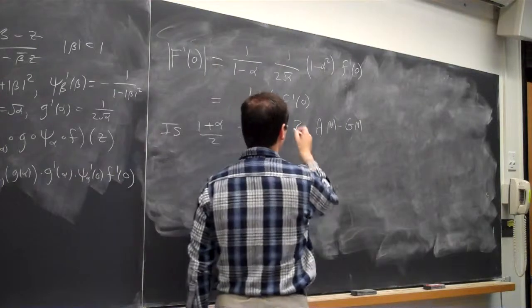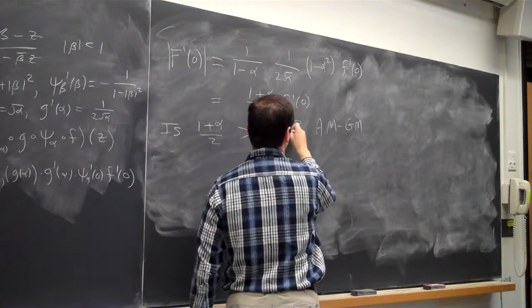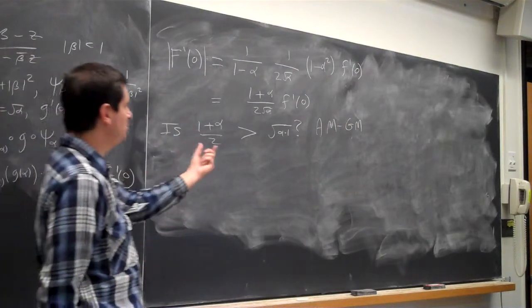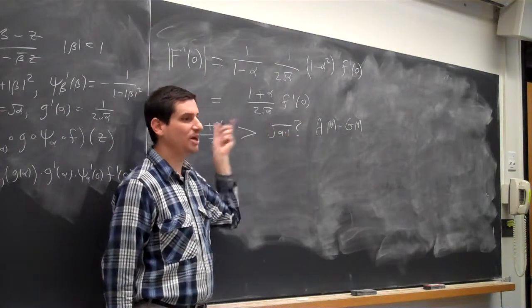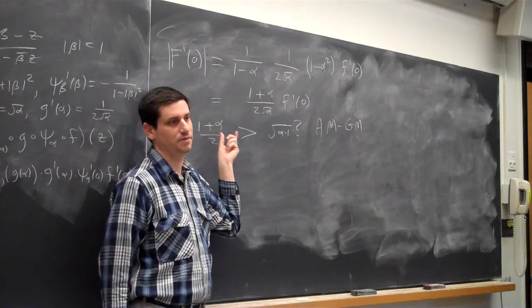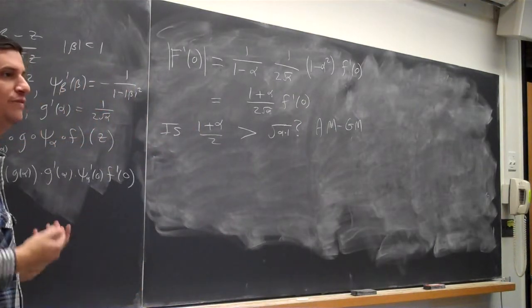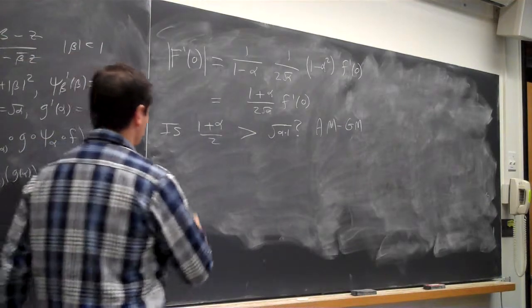Yes! Well, what else do I do? It's either that or I add 0, and I wouldn't add 0 here. I multiply by 1. So I'm calculating the geometric mean of two numbers, 1 and alpha, and I'm calculating the arithmetic mean. And so the claim is the geometric mean is always less than or equal to the arithmetic. You have equality only if they're the same. So proof,